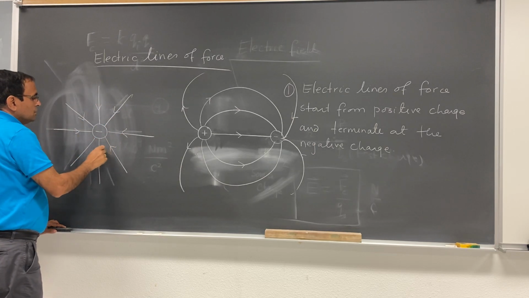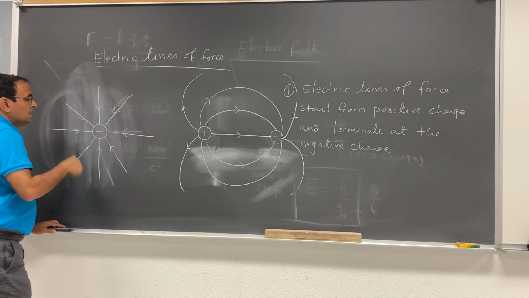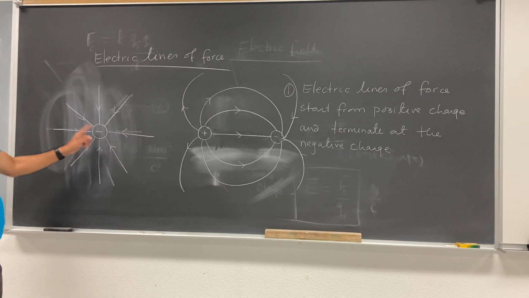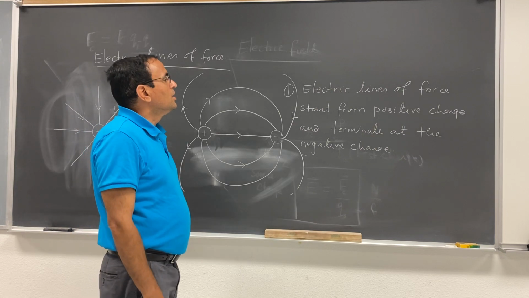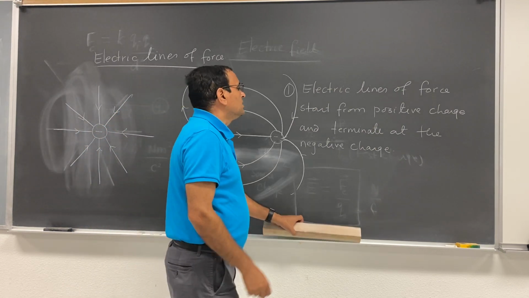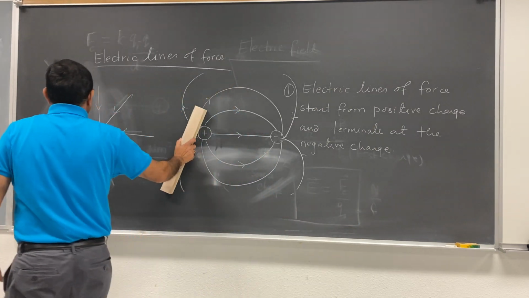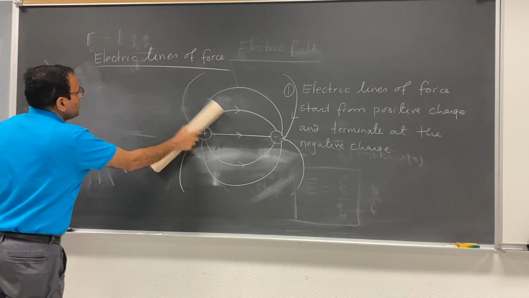This is how you draw the electric lines of force, and this is also the monopole. And I already mentioned that electric lines of force start from the positive charge and terminate at the negative charge, and that is the first property. And the second property is